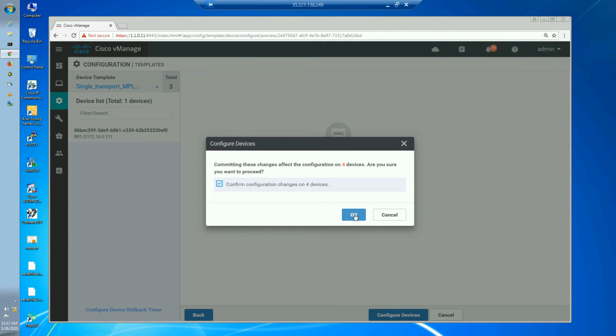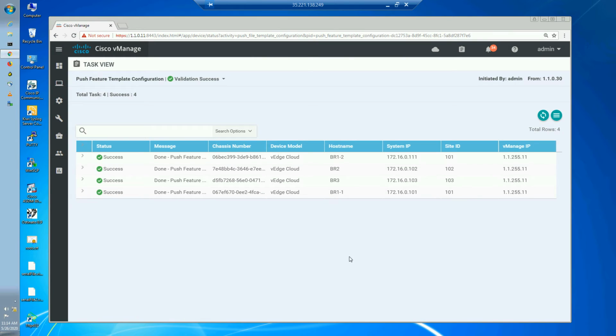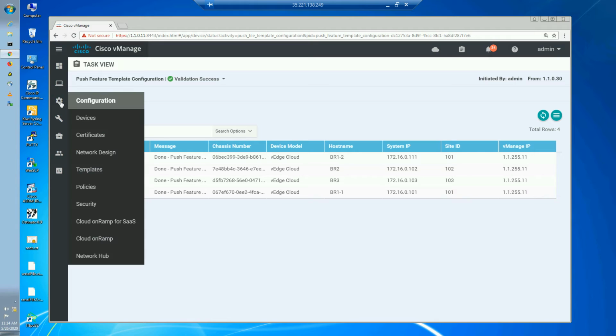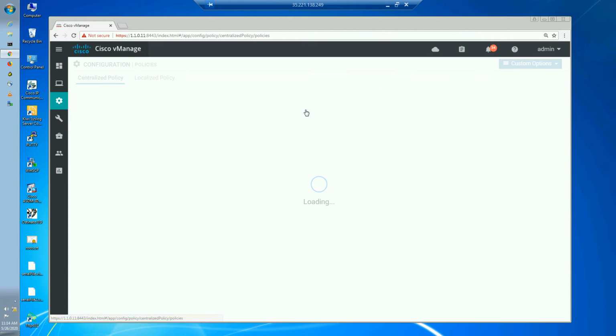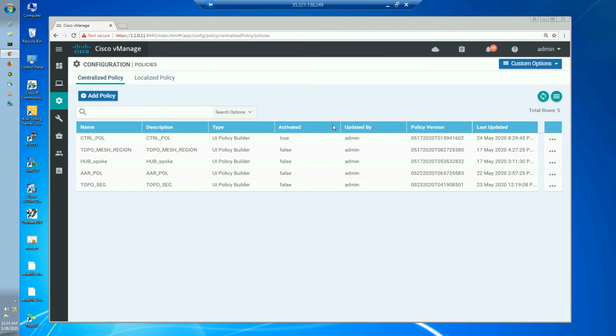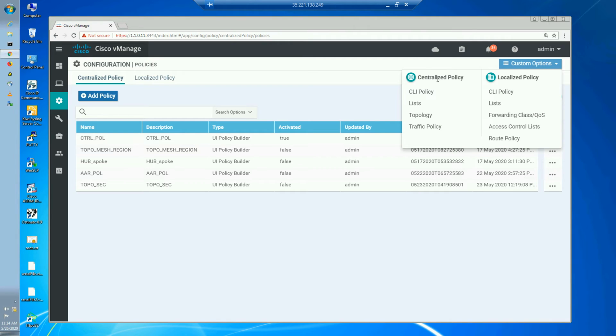Let's put it on all the 4 devices. There you go. All right, looks like it is removed now, which means now I can go to my centralized policies and create that. So let's go to policies. So I'm going under the centralized policy, going to traffic policy,